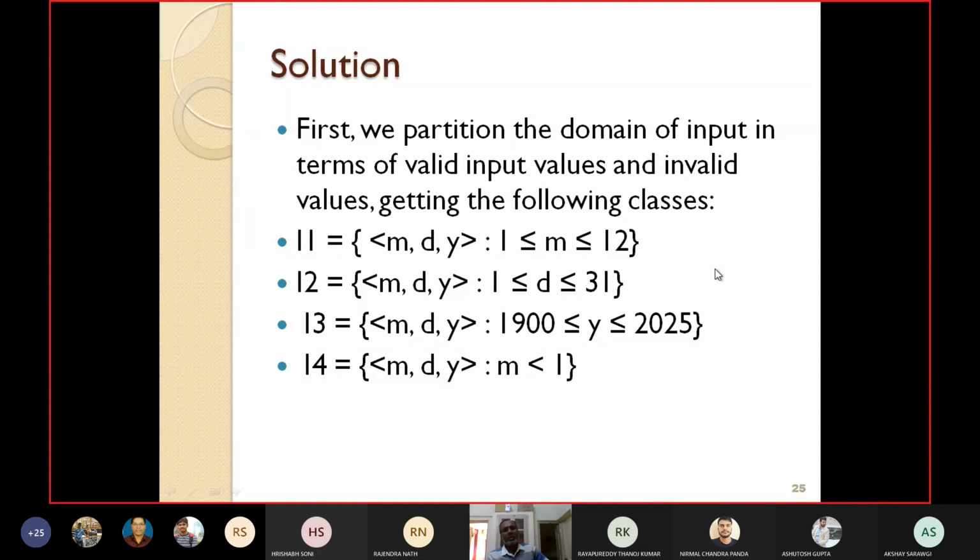Here we have just assumed that all the months have a maximum of 31 days. To be specific, we have to elaborate the equivalence classes again. Please take this as an assignment and do it. We simply have to extend it. You have to specify the month numbers and make the combination. If month 1, then days would be 31.